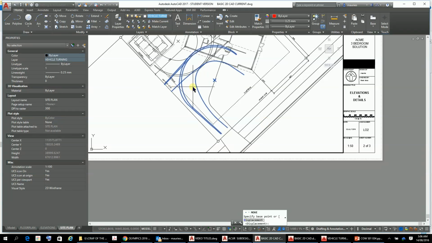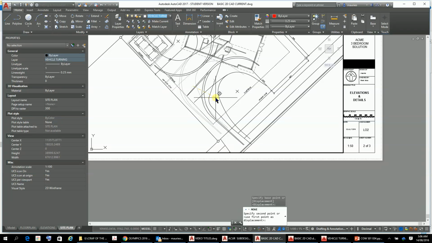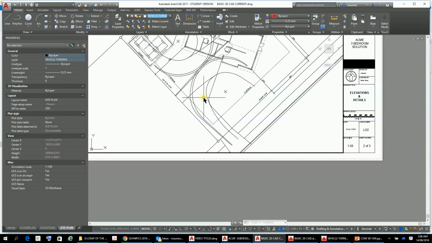How's that looking? It's a little bit. Well, actually, we could possibly move this whole thing,